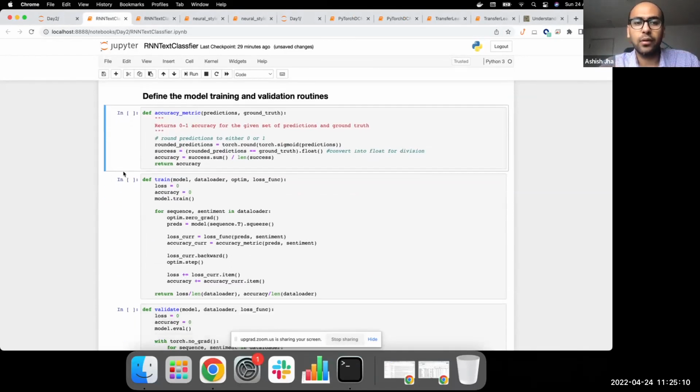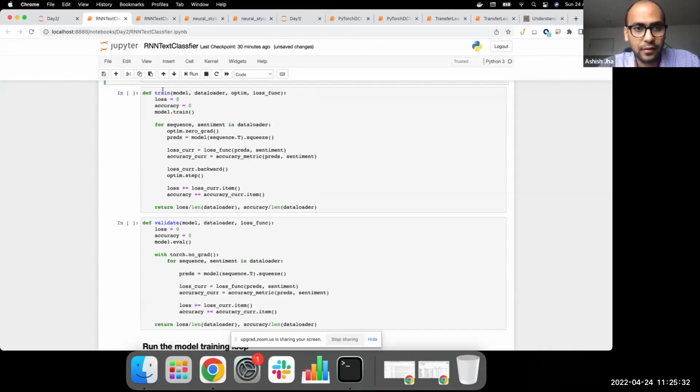To be able to test the model, we also need this accuracy metric. This is very straightforward. Given some predictions, given some ground truth, how do you compute the accuracy? It is supposed to be the amount of matches between the predictions and the labels divided by the total data set size, basically, right? So this is our accuracy I have defined. And we go to the training routine.